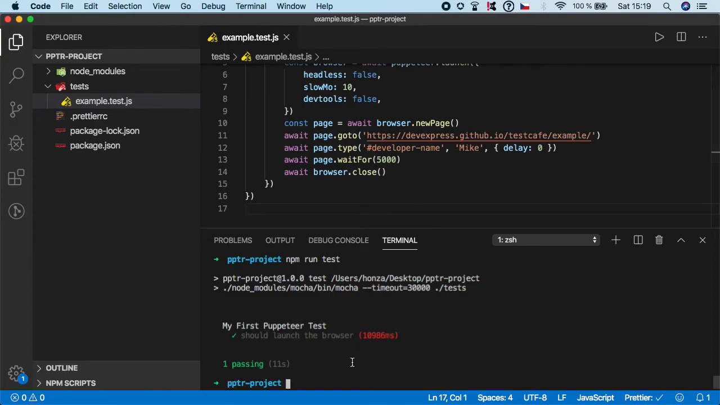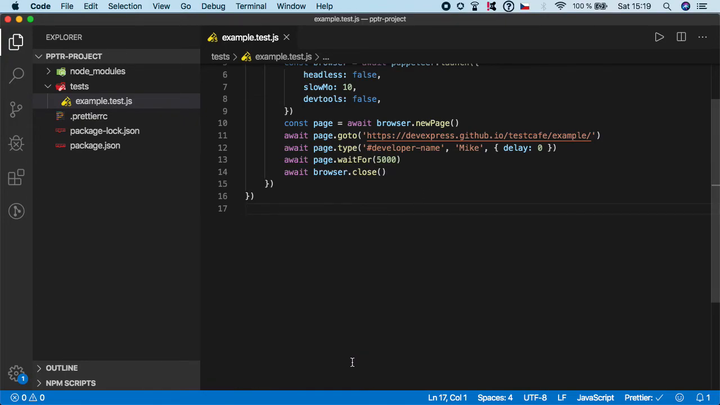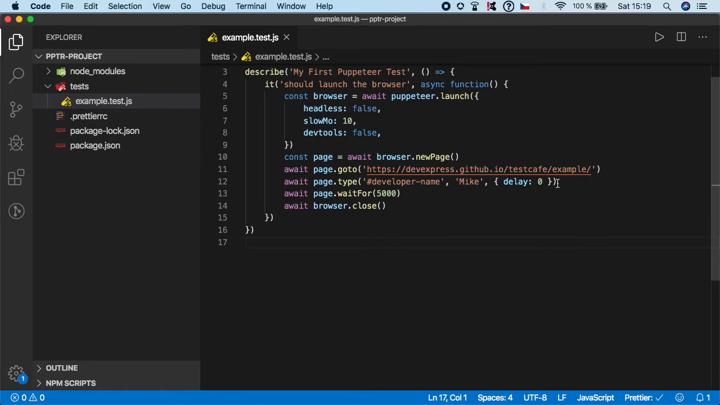And I think that's it. There is nothing else to talk about the type method. Just remember, whenever you need to type something, just call page.type. First argument is the selector, second is the value, and the third is the delay. So I think that's it,